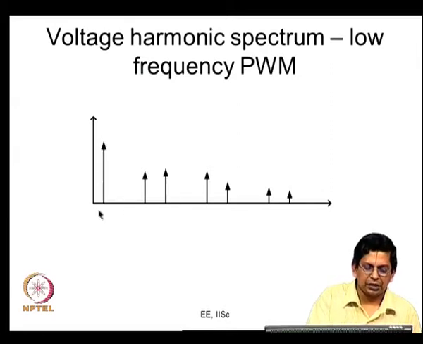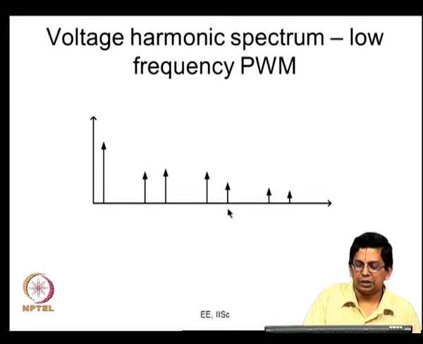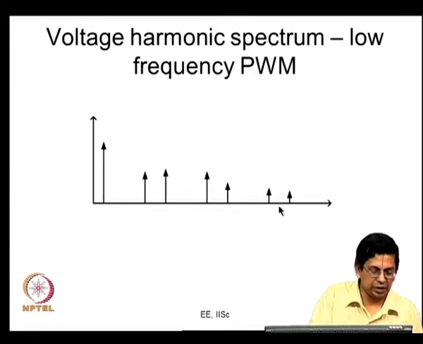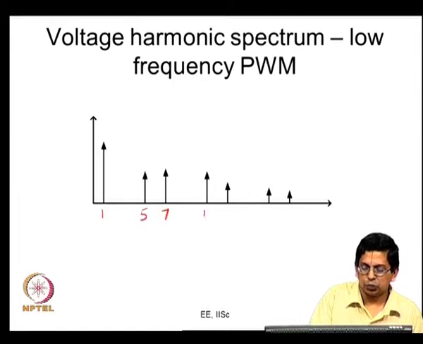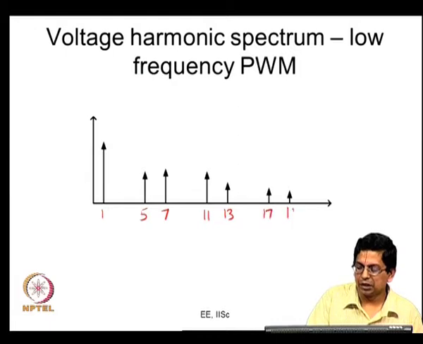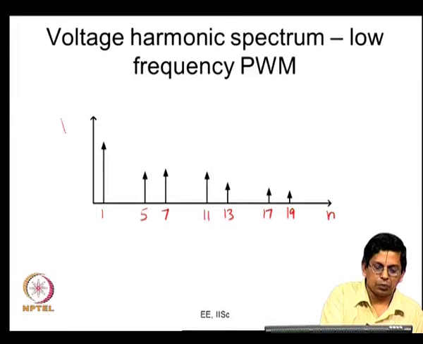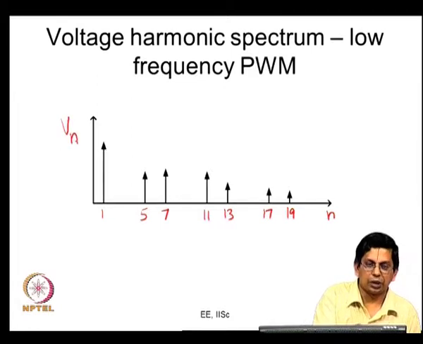First what you find here is the fundamental component. Then you have 5th and 7th harmonics. Then you will have 11th and 13th harmonics. Then you will have 17th and 19th. If necessary, I can write them for you. Write it down. This is 1 fundamental. This can be 5 and 7. And this would be 11, 13, this would be 17 and 19. So this is the harmonic order n, and this is the amplitude of any harmonic voltage, we will call it